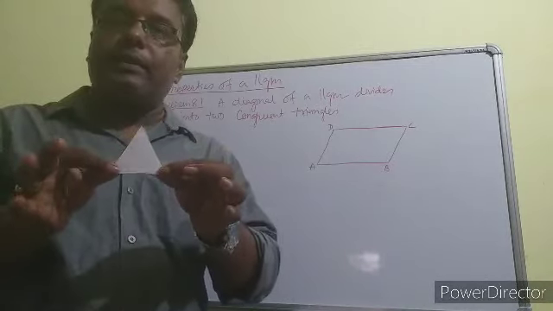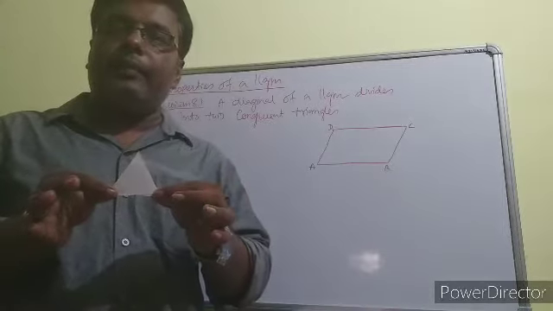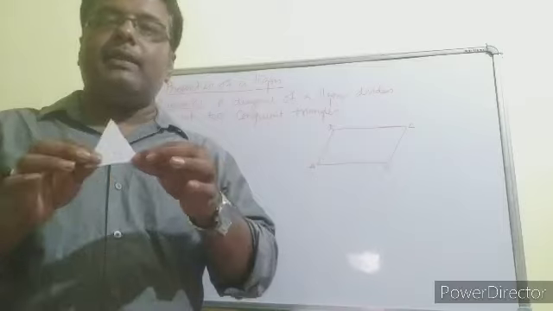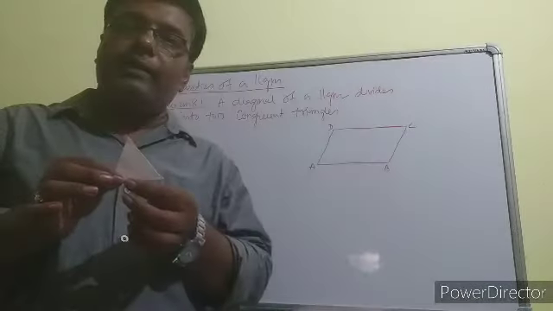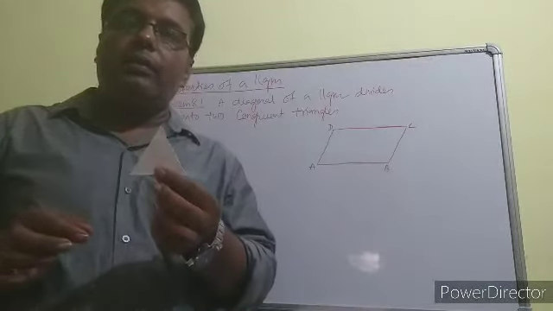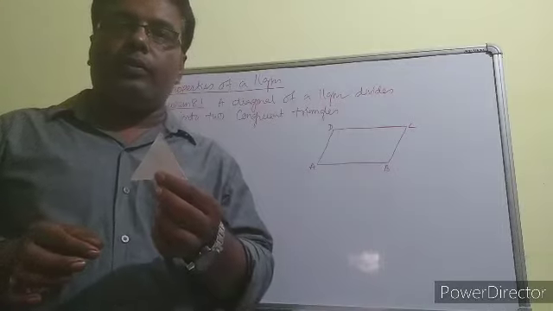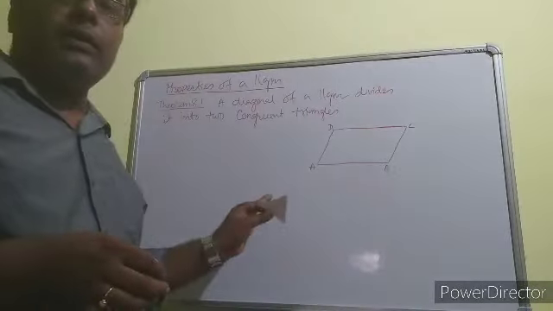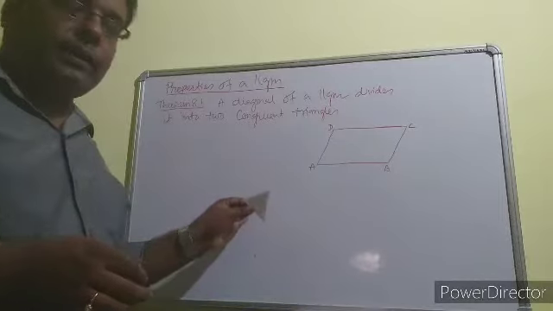That means if they are exactly the same, they are called congruent. That is, their sides and their angles are equal. So you can do it at your home also. Now we have to prove it theoretically.